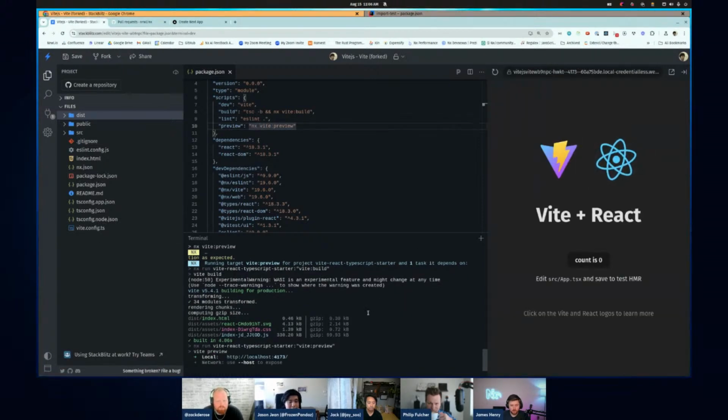Ta-da! And so this will work for any NX repo. Initializing it into a kind of empty Vite repo is exciting, but not all too exciting. The things that I'm excited about are things like sharing your GitHub issues on StackBlitz if possible, and this will help the team debug issues. It's already been a good way for the core members to share issues with each other. So I'm excited for the community to be able to just create a StackBlitz, send it to anybody, and they can play around with it.